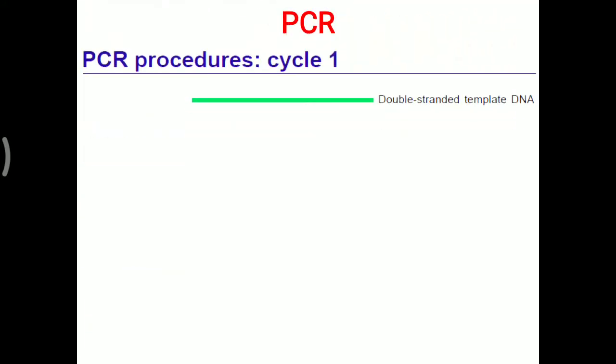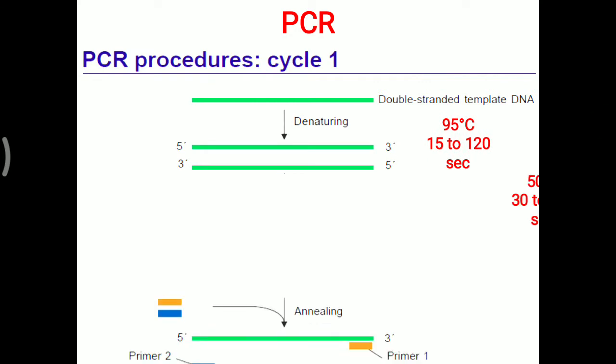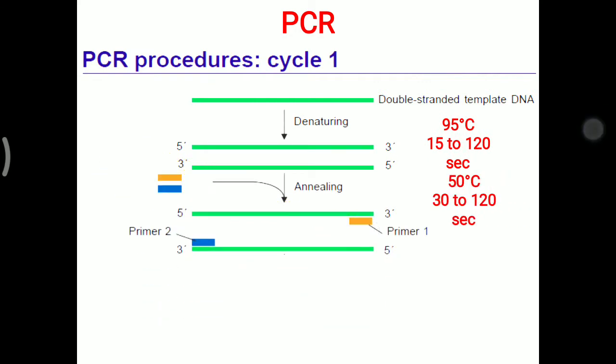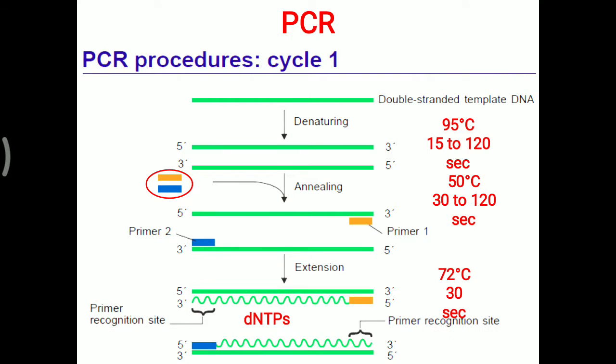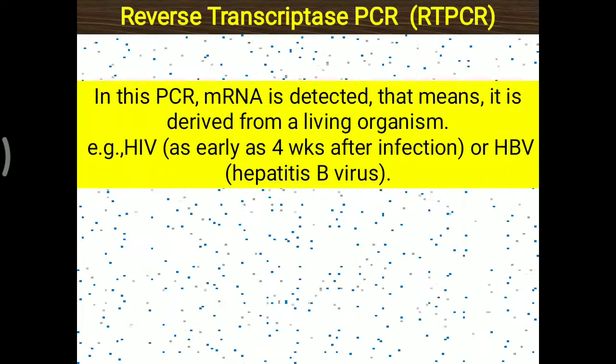Now what happens in normal PCR? We take the double stranded DNA. First it is denatured, after that primer is added and annealing is done, and after annealing, extension occurs with the help of Taq polymerase in normal PCR in the presence of deoxy NTPs. Now what happens in RT-PCR? We have an mRNA molecule, so from that mRNA we synthesize the complementary DNA sequence, and from that complementary DNA another strand of DNA is synthesized with the same Tth polymerase, which has DNA polymerase activity also. So that is the advantage of RT-PCR.